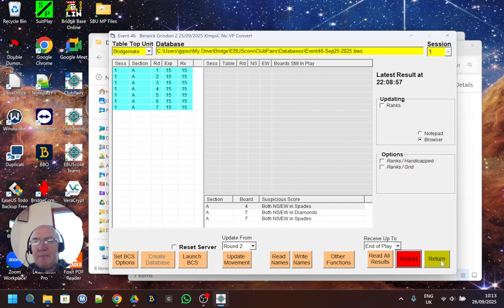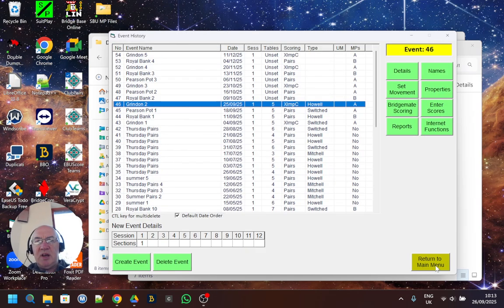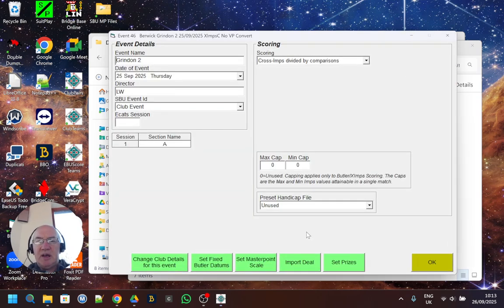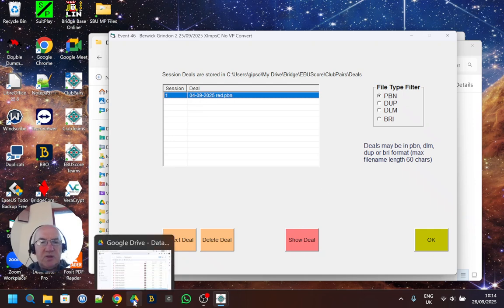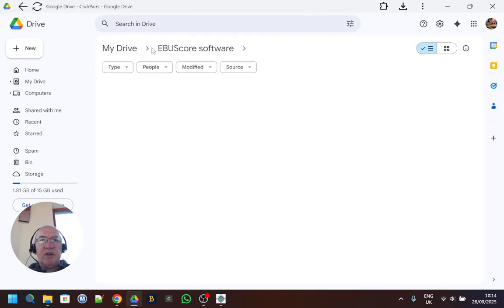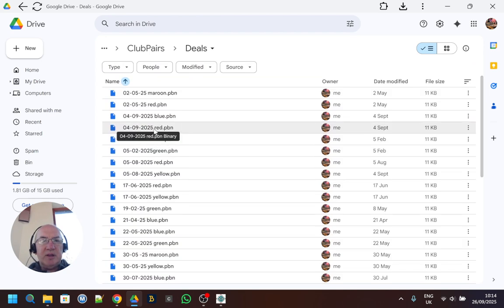There are also some suspicious scores, so I need to look at those. So first of all, I'm going to return and find out which PBM, which hand records we used. And if we import deal, we can see that they imported the red set that was created on the 4th of September. So I need to go and find that now. So I go back to the Google Drive, and it will be in deals, and there'll be a 4th of September red set. So I'll download that,